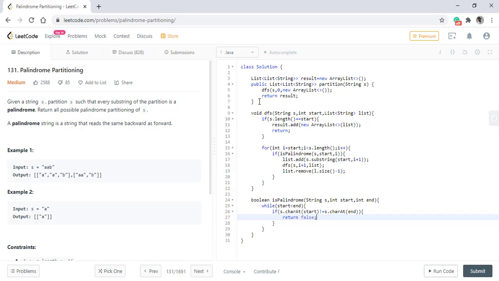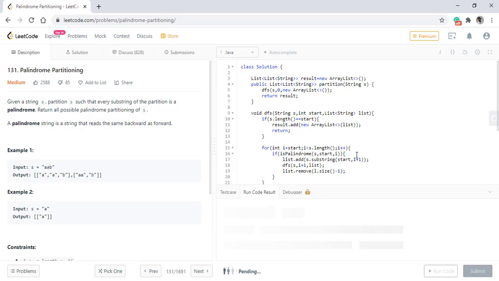So we directly return false. Otherwise we increment the start, decrement the end, and at the end we return true if we never got any false condition. When we run this code,